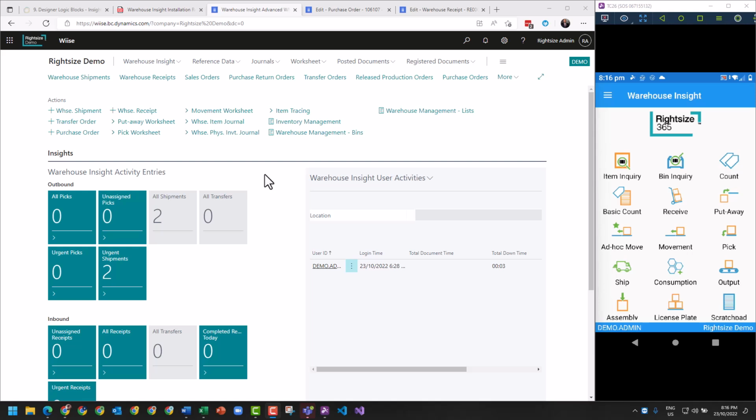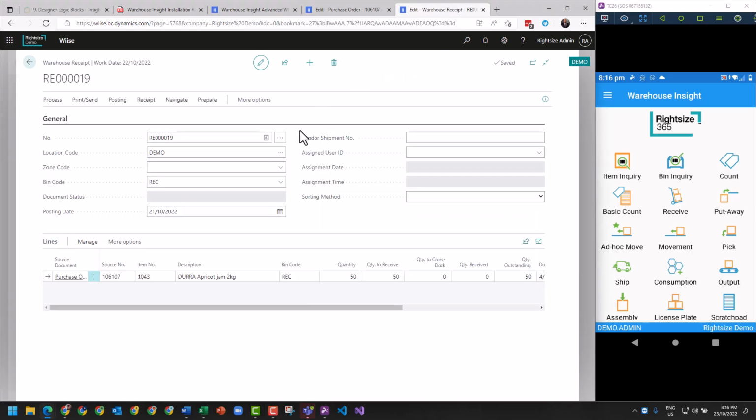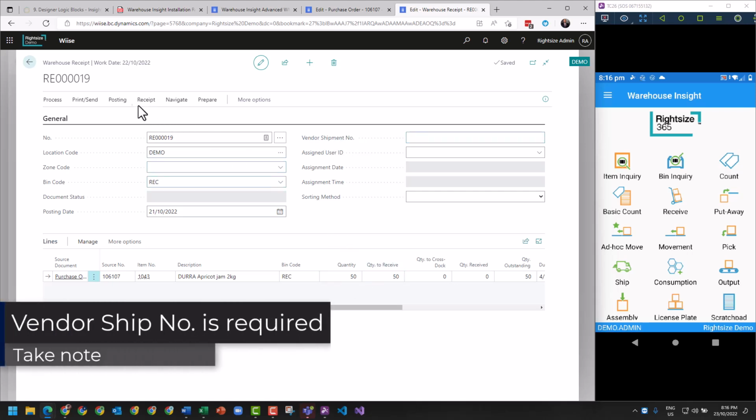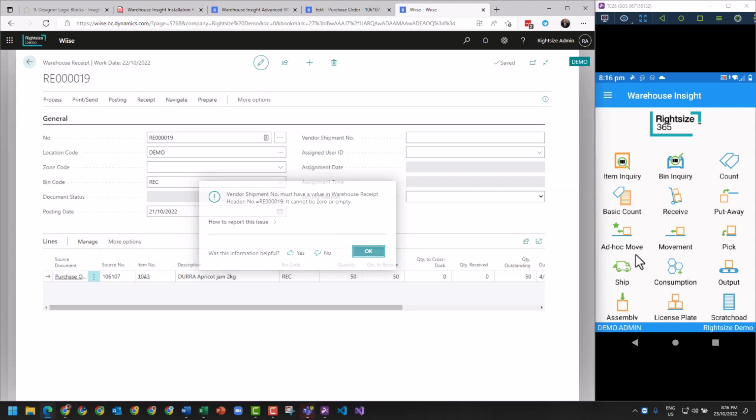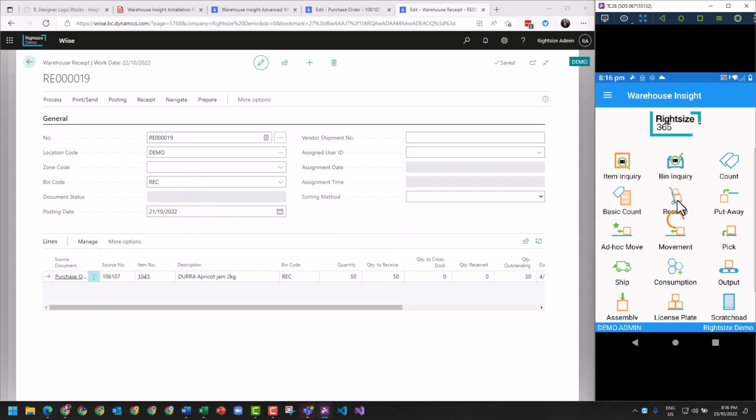Warehouse receipts is the subject today, and it's common when you're receiving goods. If you're missing a warehouse receipt number when posting a document, it'll throw an error on the device or within Business Central. So for example, I'm going to go post. You can see "I've received vendor shipment number must have a value in warehouse receipt." Vendor shipment number. If we go in here to the device,